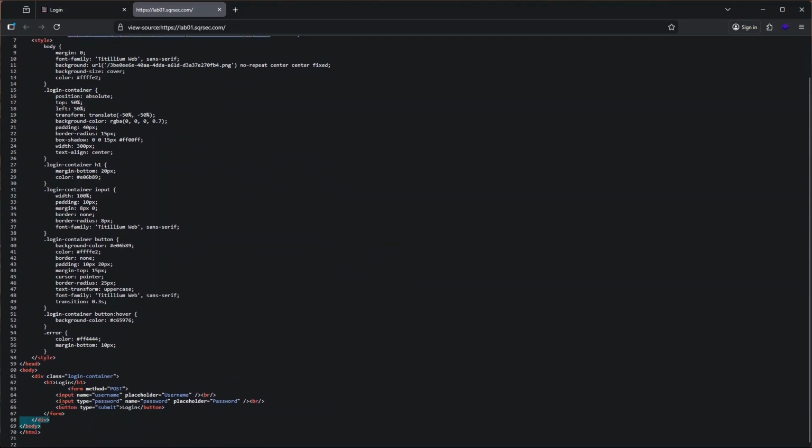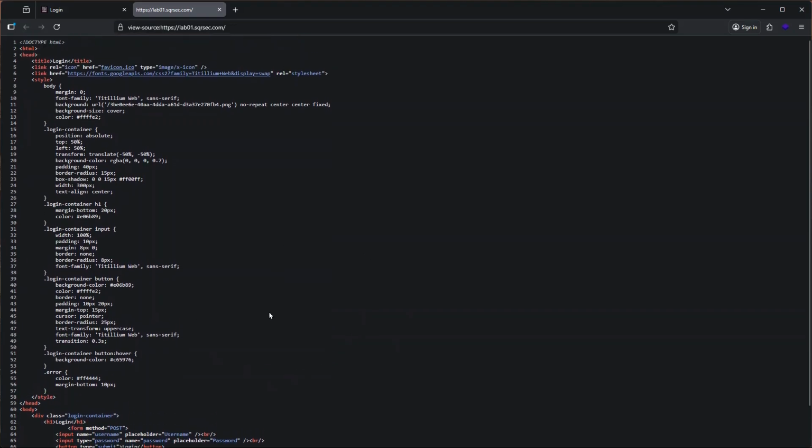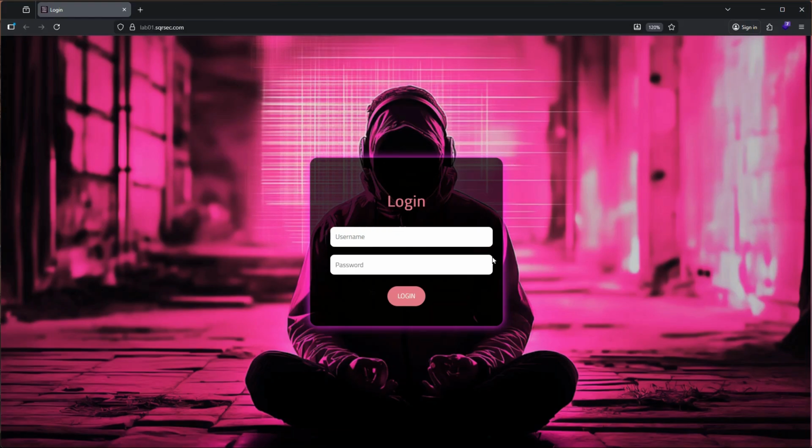And then we can see that there is just a simple post form that will send the username and the password. There are no hidden fields, there are no hidden actions or hidden paths. So it is a very basic form. I'll close this. And the first thing that I want to do in this case is try some random credentials, or we can try some default ones and see if we get any hit. But most important, you want to see how the application handles those credentials. How does the request look like when you submit the form,